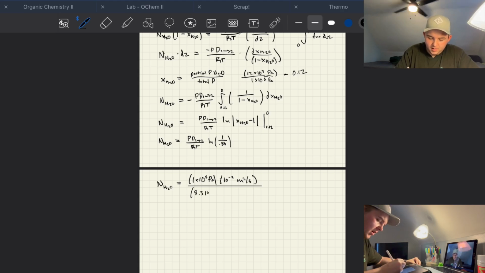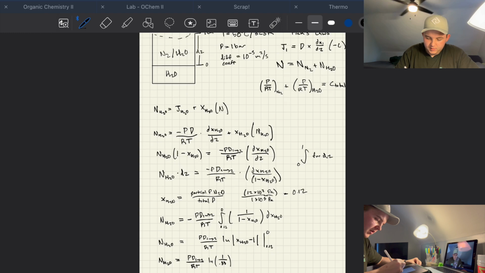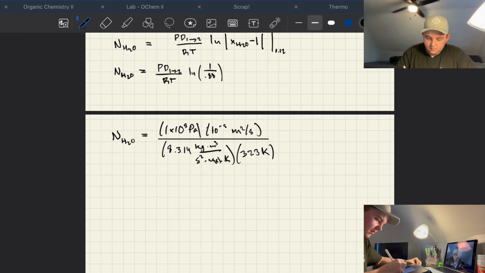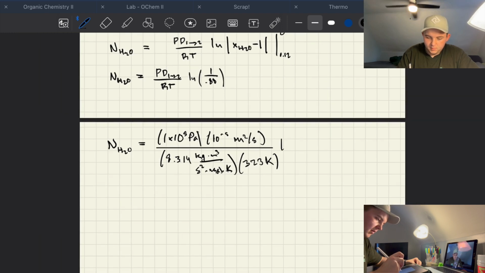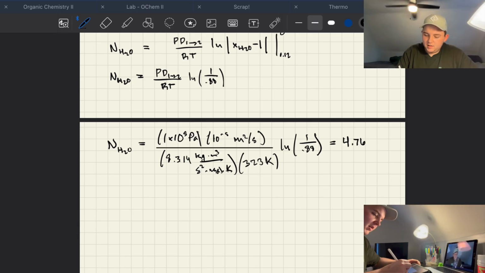And then our R, which is a constant of 8.314 kilograms times meters cubed over second squared times mole times K, and then multiplied by temperature, which is 323 Kelvin, right, yeah, and then times our natural log of 1 over 0.88,